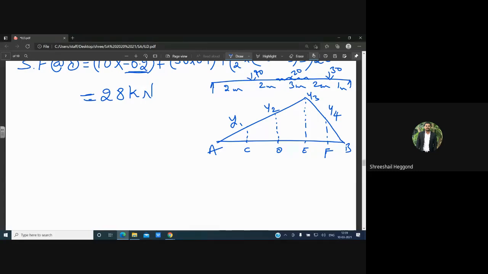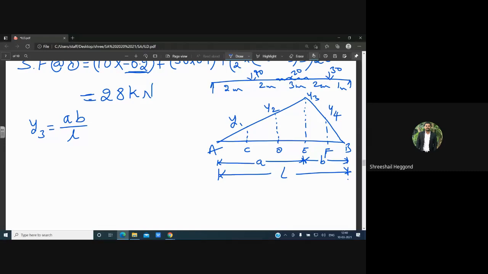The center of the triangle value can be calculated, as the equation is already given for calculating the maximum value. In this diagram, the maximum value of the triangle ordinate is y3, and that can be calculated as AB divided by L. A is the left side length, B is the right side length, and total length is L.